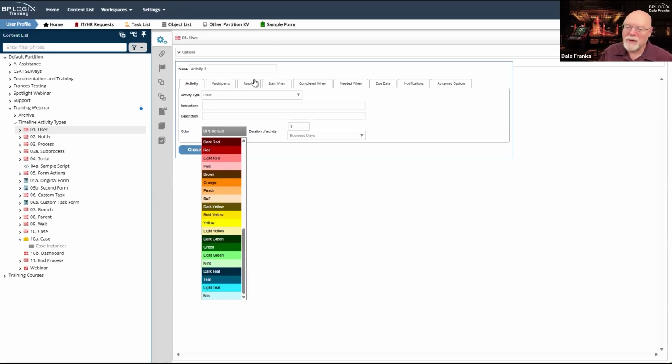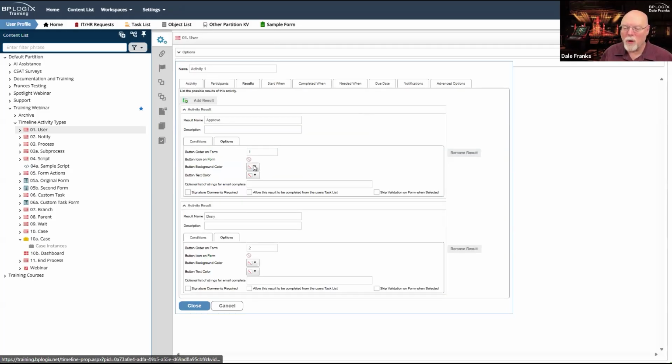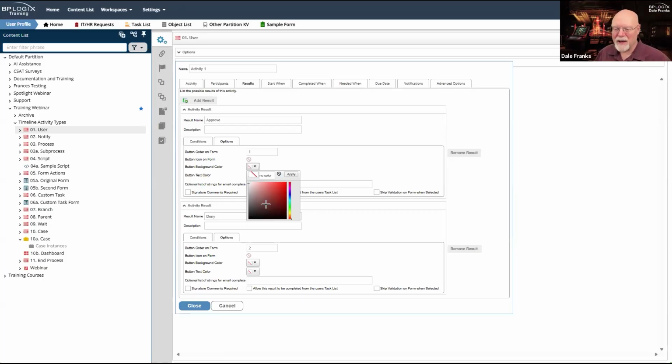Now, unfortunately, on the results, because we've gone to this more modern color picker, which honestly, I like in some ways and dislike in other ways. I like it in that I don't have to now go into my vars file and create that entire list of colors that I want to display in that dropdown. And frankly, I'm limited to that list of colors. I like the freedom of being able to choose any color I want. And background colors are an important adjunct to the text that appears on your button.